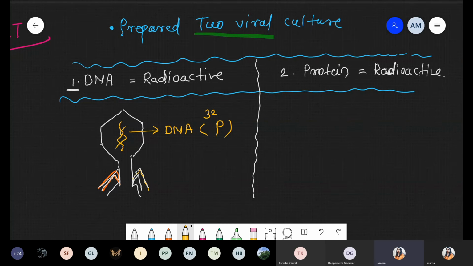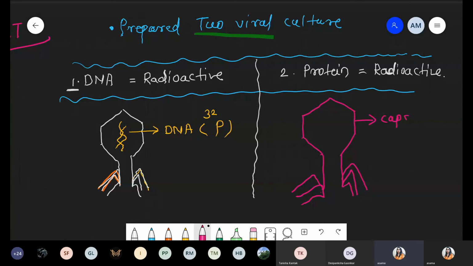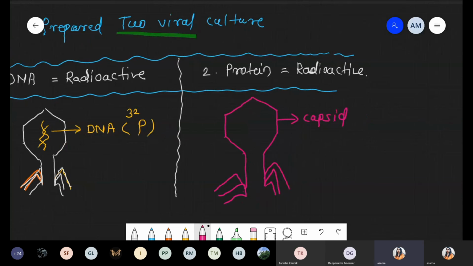Same for the protein. Now, in this condition, they use normal DNA, but the protein is radio labeled. So we have to draw the protein. In the simple scenario, we are using the body, because the complete capsule is made up of protein material. So head, tail, neck area, these are the parts of the capsule. And that capsule is radio labeled, and as we just discussed, it is totally made up of protein.